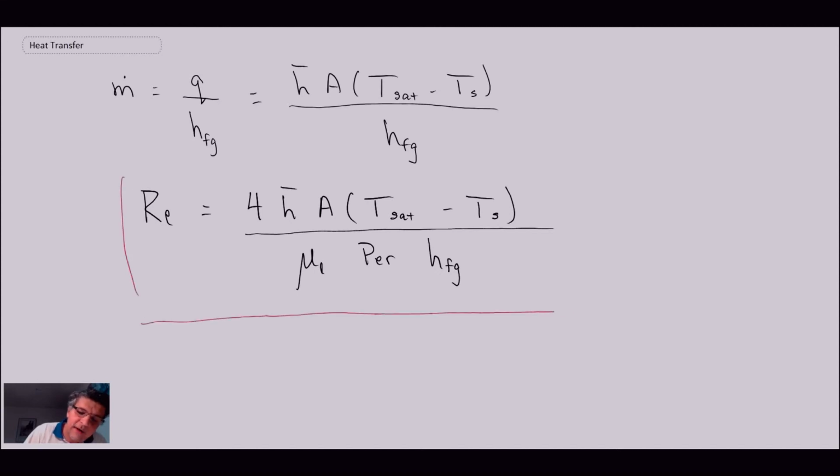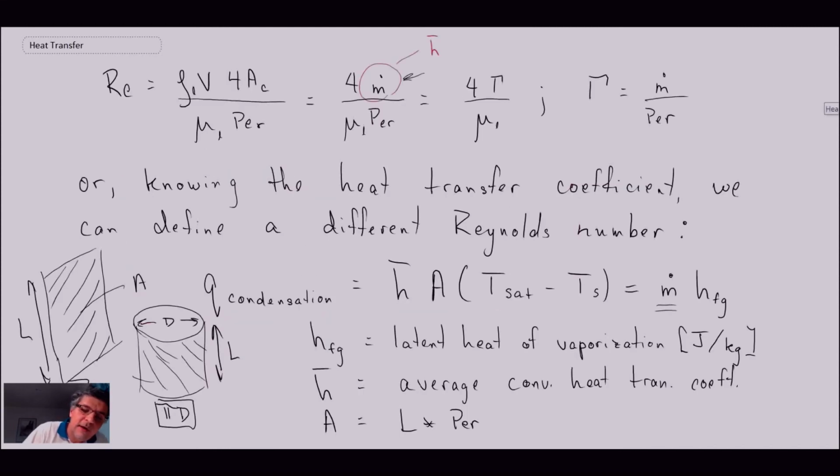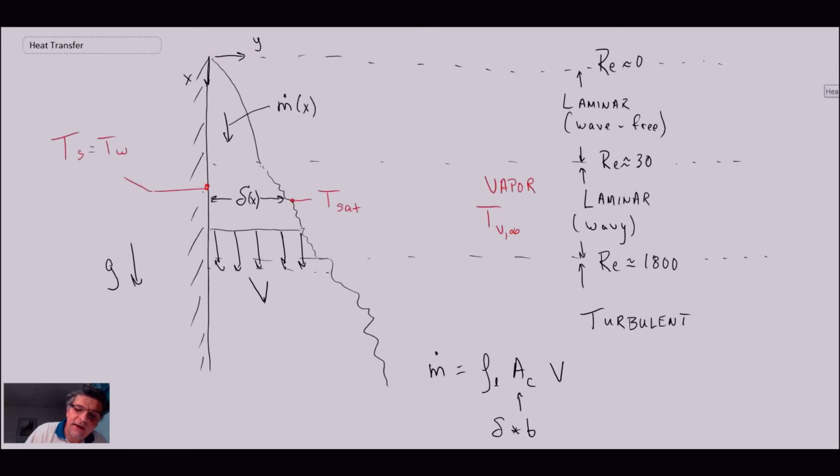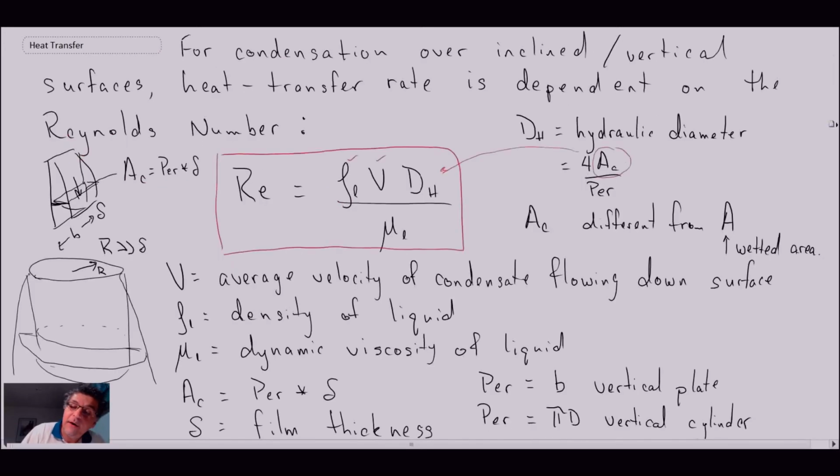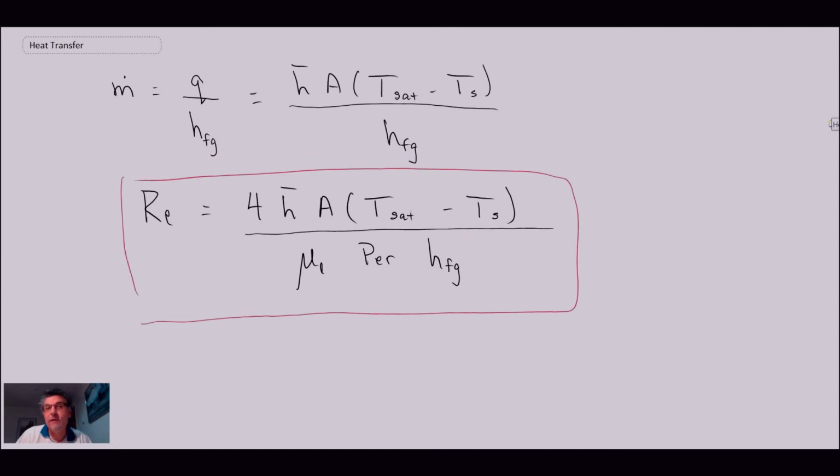So what we've looked at here are 3 different Reynolds numbers that you can use if you're dealing with condensation heat transfer, I should say. Where was the other one? The first one was right here. Okay, so those are 3 different Reynolds numbers, and then when we look at correlations, we're going to look at yet another one. There are many, many different Reynolds numbers that you can have when you're looking at condensation and films forming on vertical